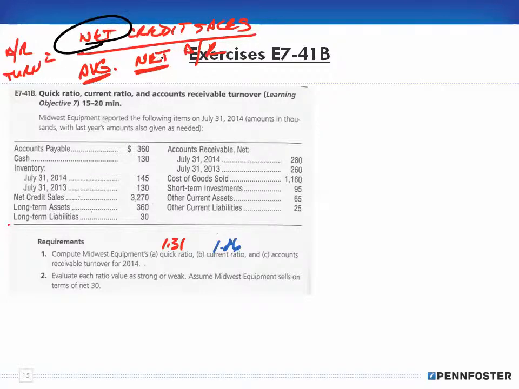what net means and what average means, and it all depends upon the information that you're given. Like in this case here, and if you don't understand how to calculate the net accounts receivable and then take the average of your beginning and ending, you're dead in the water. Okay, you're going to struggle with this. You have to understand the theory behind these terms as part of this ratio. All right, so go back and watch the theory videos